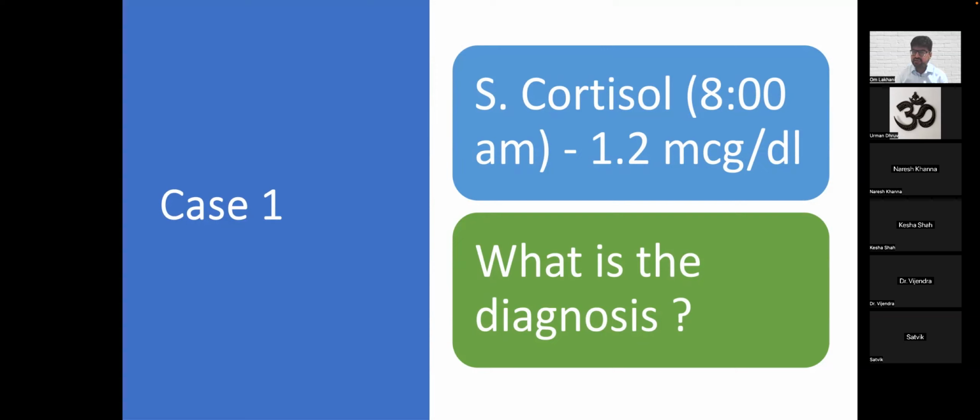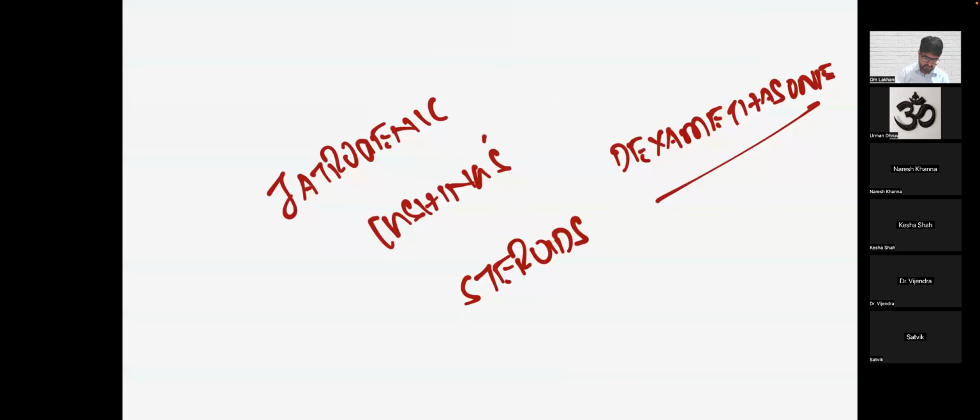So what we did in these patients was a simple 8 a.m. cortisol in the morning, and the value was 1.2 micrograms per deciliter. Now I'll discuss the interpretation of these values as we go along, but to tell you at this point of time, this value is very low. This is definitely low. So when you see a patient who looks Cushingoid, but the baseline cortisol value is actually low, you have to think of iatrogenic Cushing's, and iatrogenic Cushing's is the most common cause